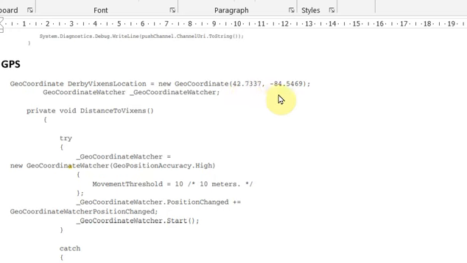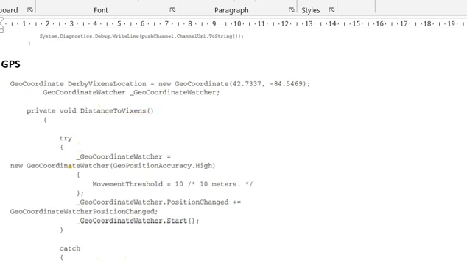That is set in the beginning. Then we are going to use the GeoCoordinateWatcher, which is going to add a button into our application. You can just click on that and find the distance. Then we have a method, distance to Visons, that we'll see later.